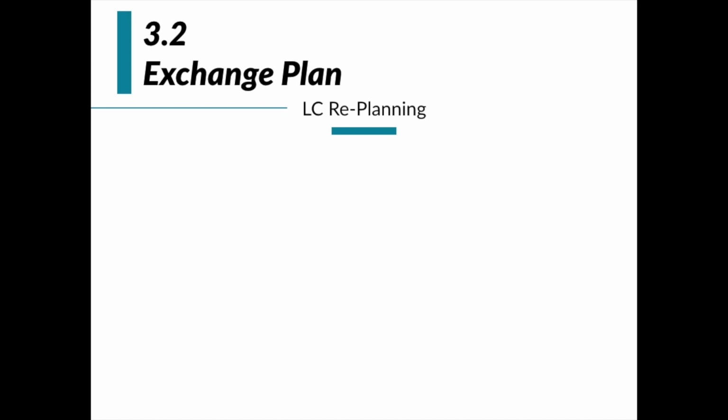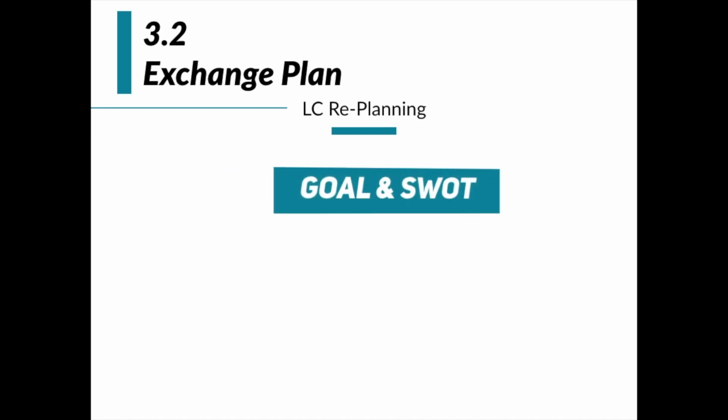The very first thing you have to do is bring back what you have learned in part one, which is the goal and the SWOT analysis. Based on this, try to figure out how many goals you really want to have after you consolidate. Maybe it will be higher or the same, and based on the SWOT analysis, what kind of initiative and strategy you want to come up with to overcome the loopholes. For example, you may want to focus more on attraction, because attraction is so low that the number of open is super low and the number of realization is super low. So if you say you want to emphasize and focus more on attraction after doing this SWOT analysis,